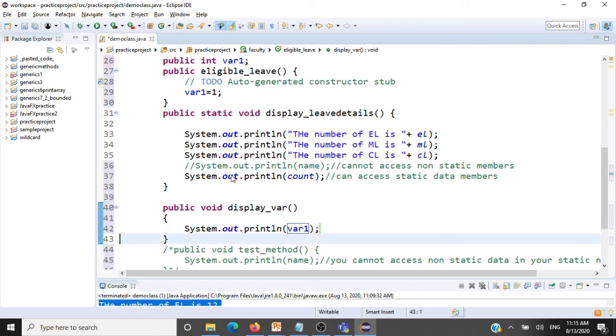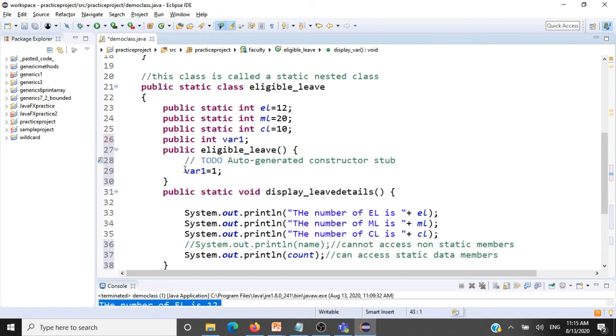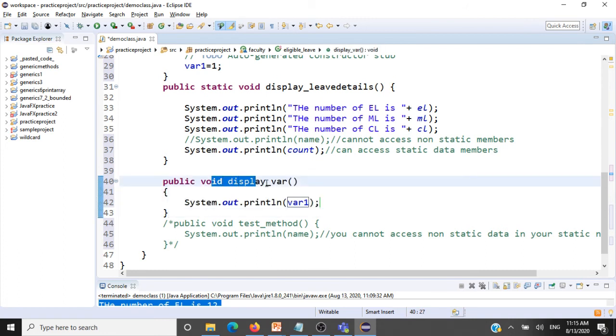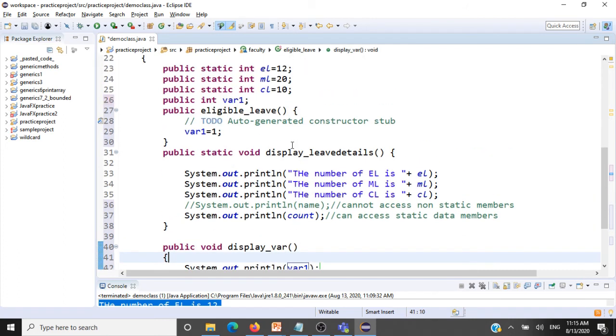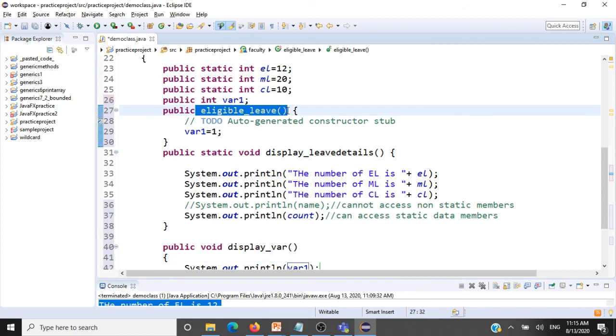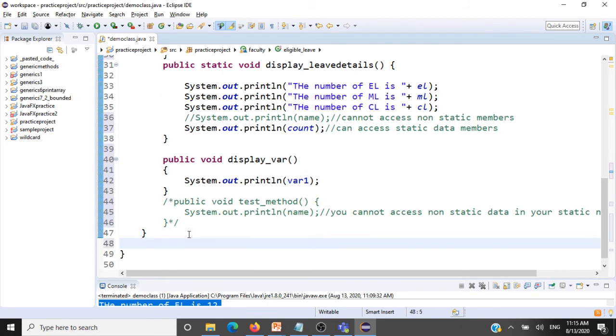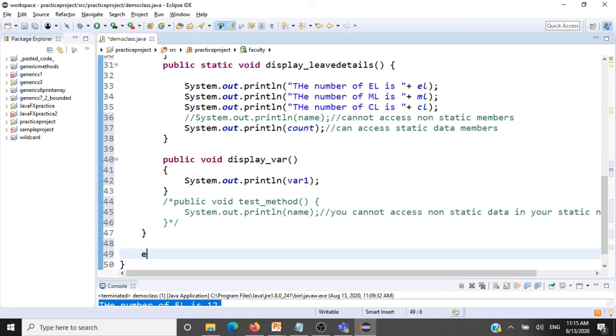So this demonstration says that inside the static nested class, we can have a non-static variable and we can also have a non-static method. But to invoke this non-static method, we need an object of type eligible leave. So I'll tell you how to create that. We'll come out of this eligible leave class. We'll create an object of type eligible leave. Eligible leave, say L1 is equal to new eligible leave.